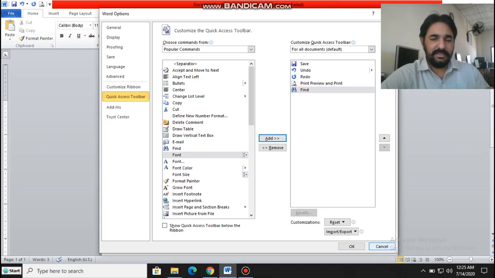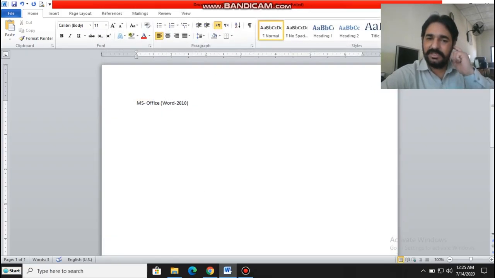Before starting your MS Word, or when you are working professionally, it is important that you are aware of where you can change your settings or disable any option. So this is basically the setting and options. When you are starting and learning something new, it is important you apply